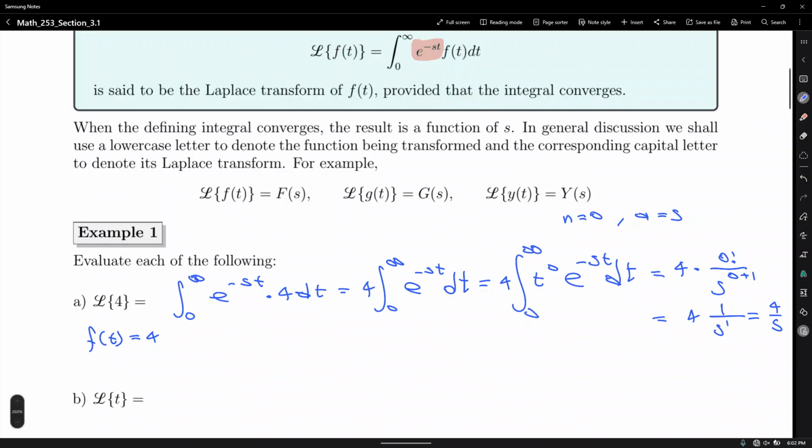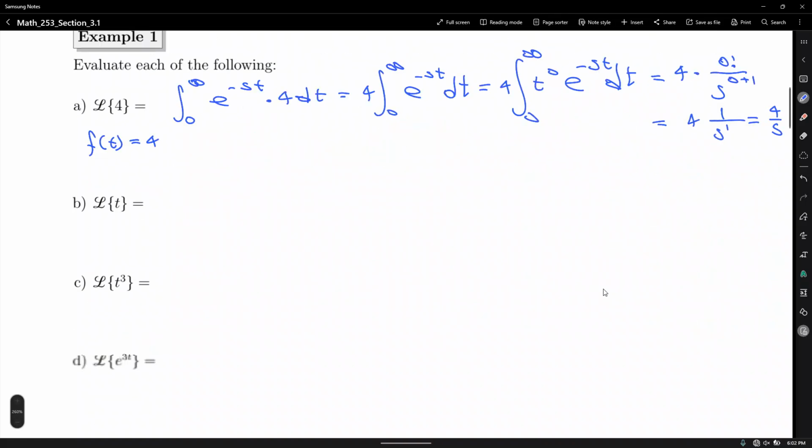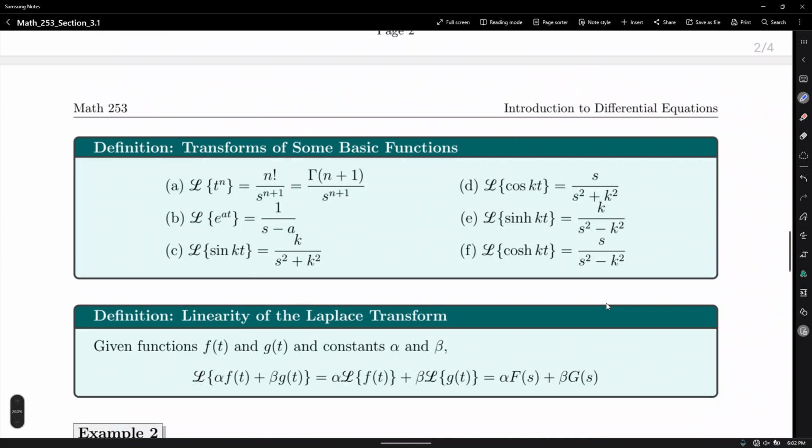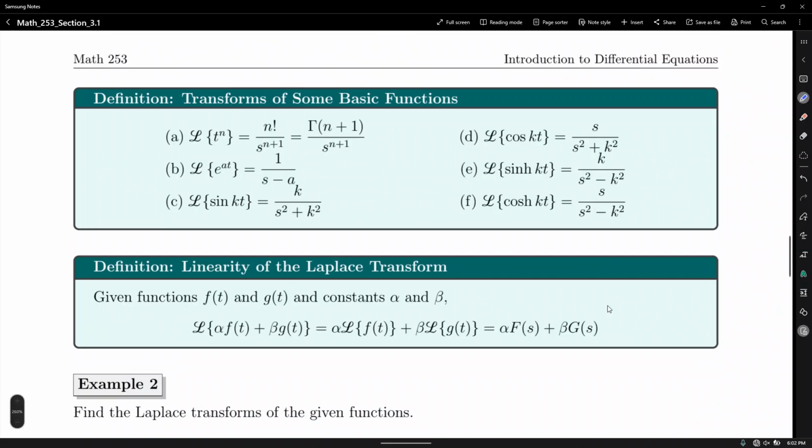All right? So what did we have? A function of t. And we created a new function, a function of s. In general, let me show you the brief table of Laplace transforms. On the third page, we have the formulas for the Laplace transform. So every time we want to find the Laplace transform, I wrote it here. The Laplace transform